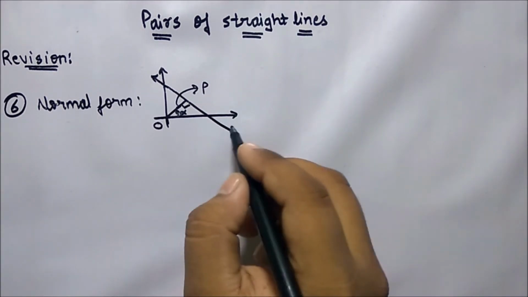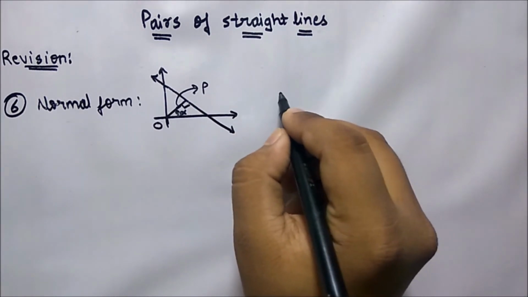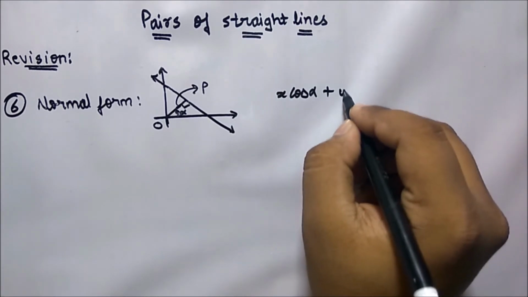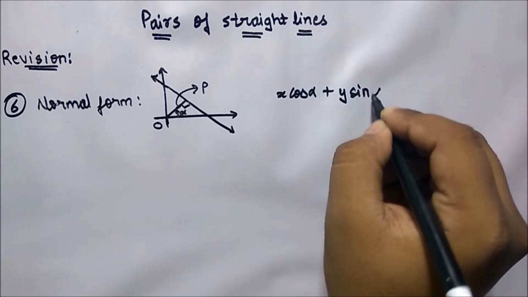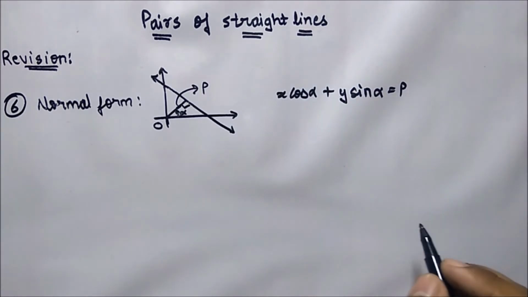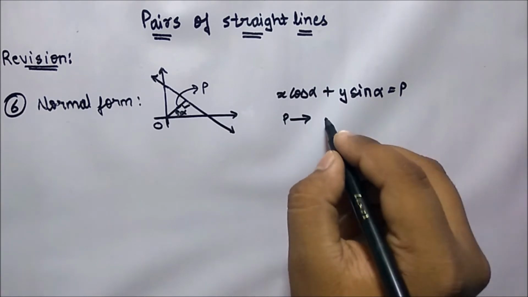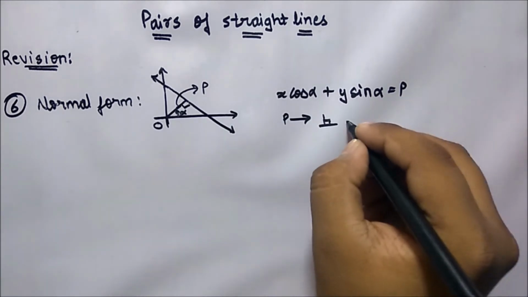Then to find the equation of this required line, we use x cos alpha plus y sin alpha equal to p, where p, as I said, is the perpendicular distance